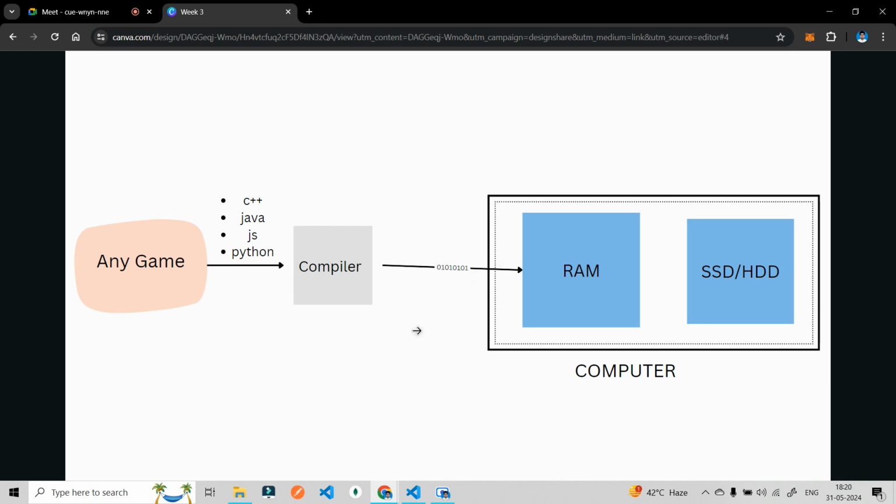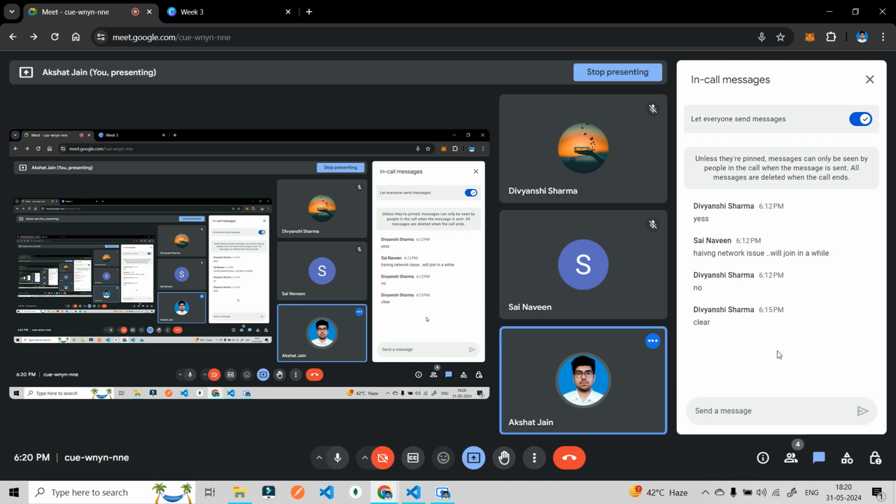Okay, understood this now till now? Okay, please just say yes if you understood this basic concept. Okay,